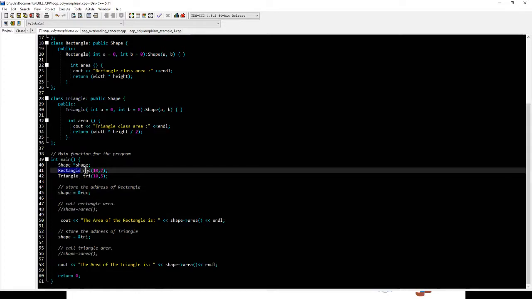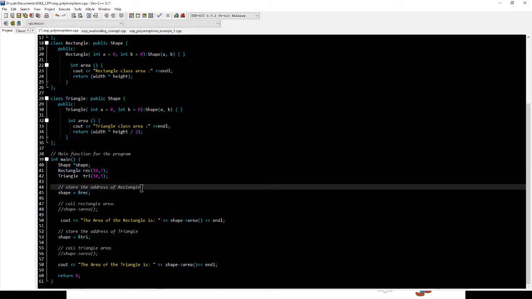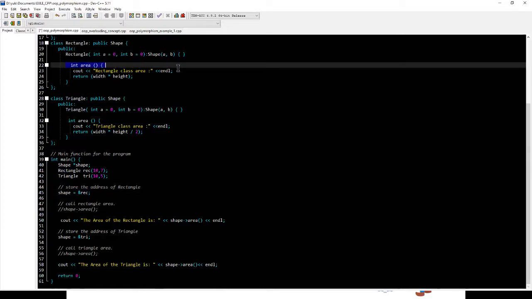Di ba si rect ay si kay rectangle. So it means that we want only to access the rectangle derived class in here and to store the address of the rectangle. Okay? And then to call the rectangle area method, we need to use